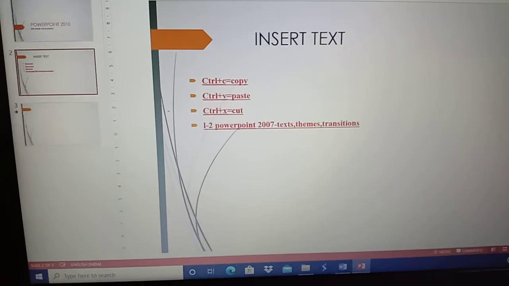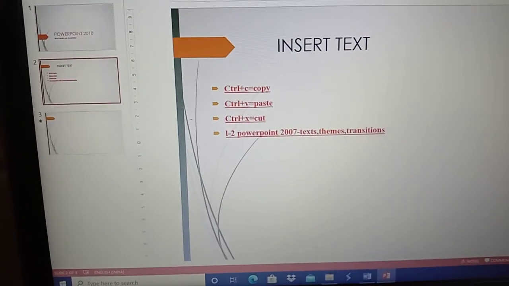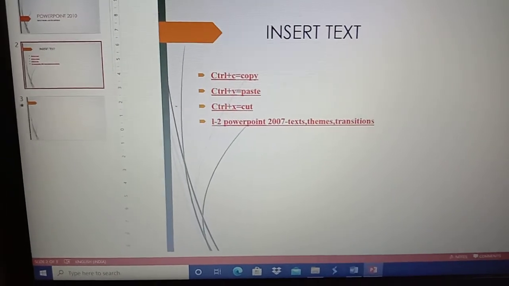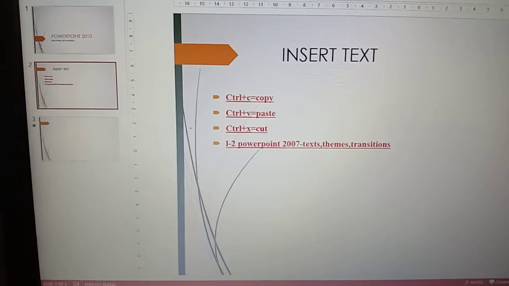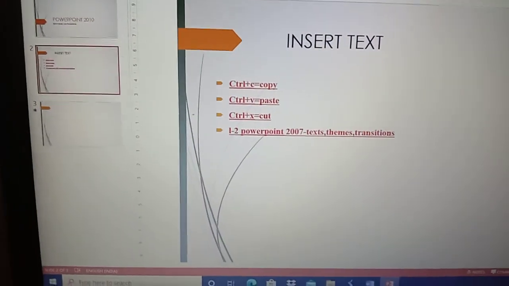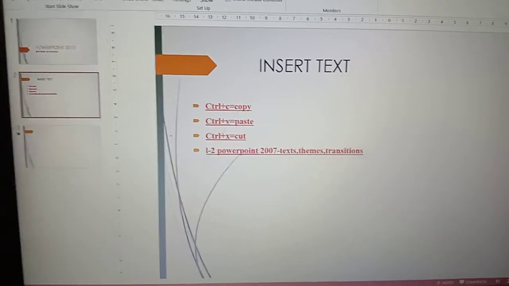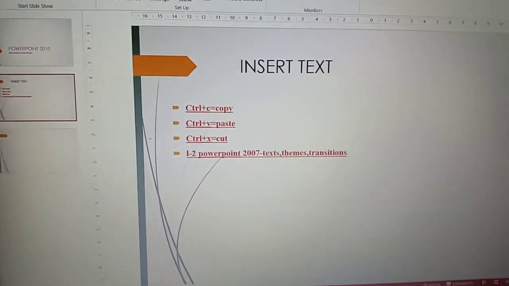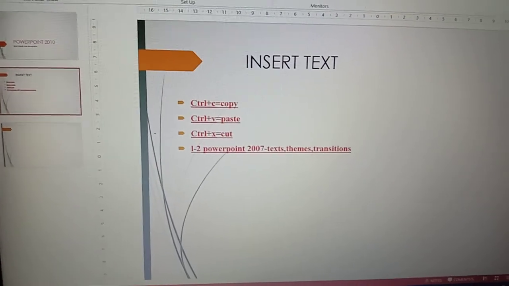You just try it by yourself. In case of any doubt in the pen and highlighter concept, you can ask me in the interactive session if you do not find it in your PowerPoint 2010. At that time I will show you how to do that. So this part you try by yourself, and the exercise part I'll send through Udo. You can refer to that PDF and you can start filling in your exercise part.